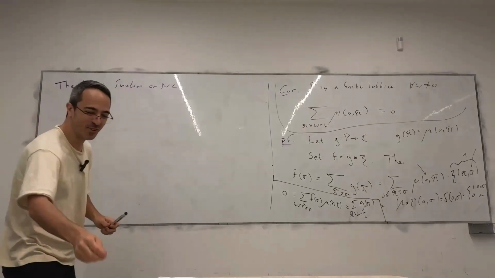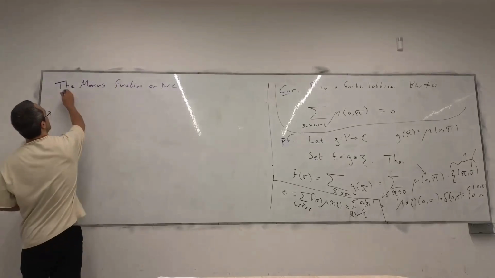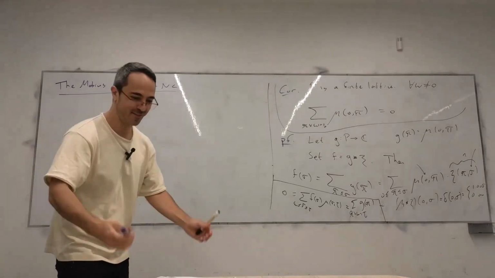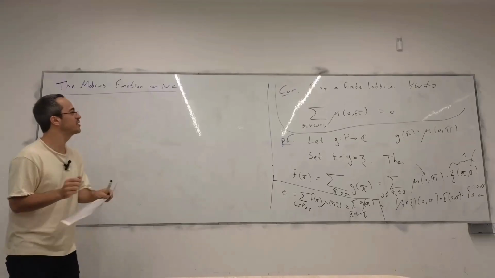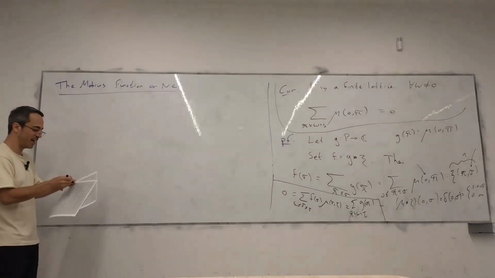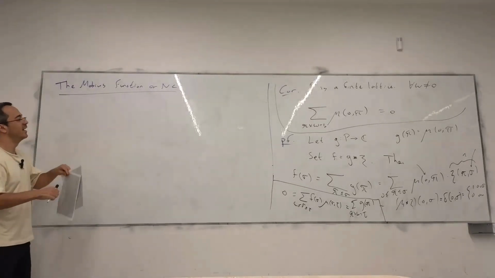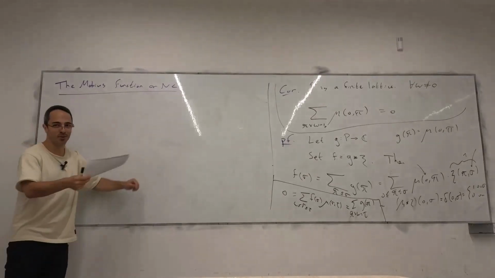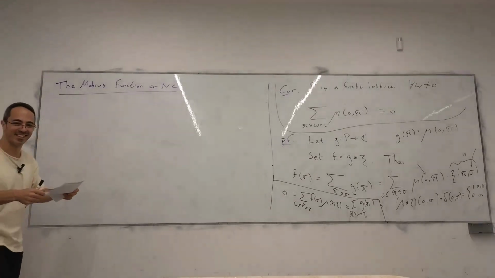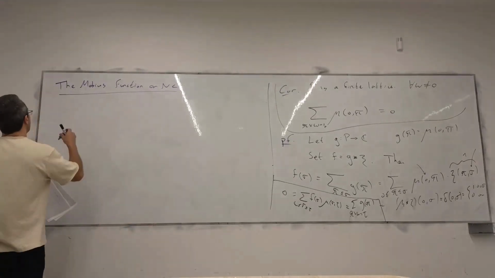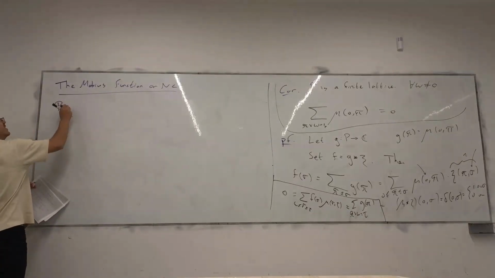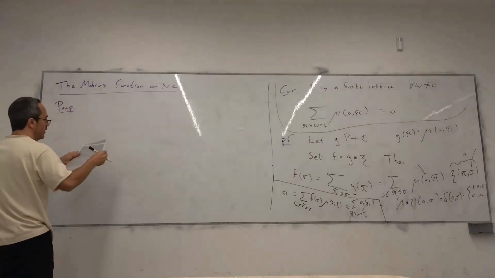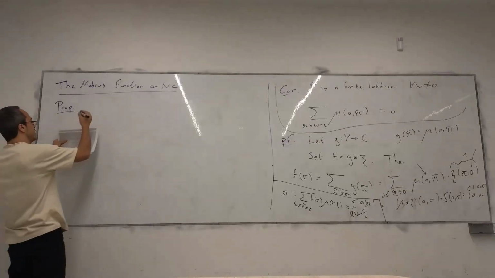Good. So here we are going to do the Mobius function on NC. It's quite harder than the Mobius function of partitions. So I'm doing the hard part and you follow. But on the way, we are going to get a bonus that I couldn't keep out. I should keep it out, but I couldn't. So first of all, here is a neat proposition. I'm not going to prove it. It's obvious. You can think of it as an exercise, but don't submit it.